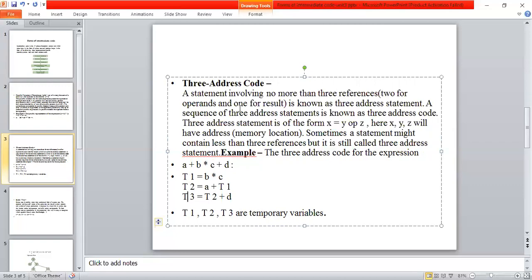This is called a three address code. If any statement consists of more than three addresses, then the intermediate code generator should convert that particular expression into three address code form.